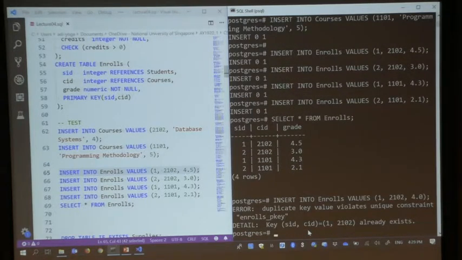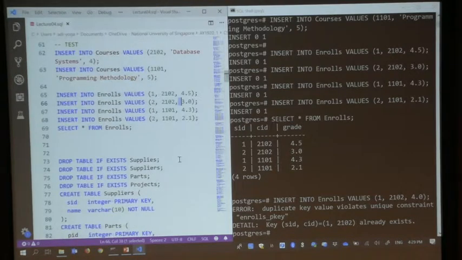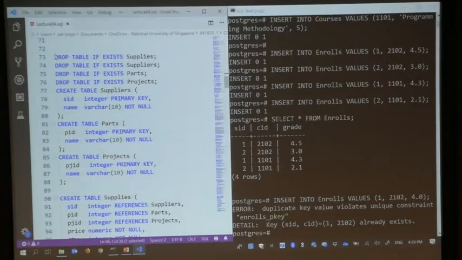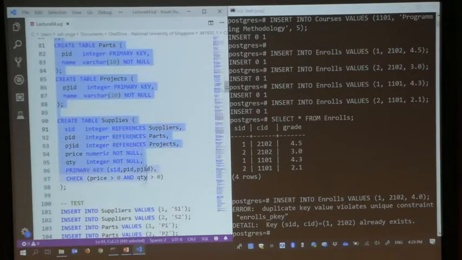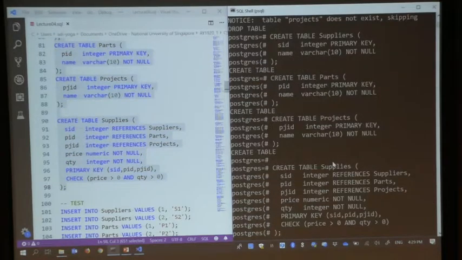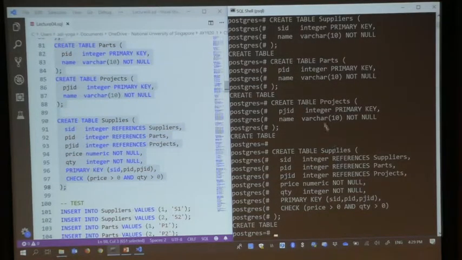Okay? So that's question number 3, which is, can the pair exist more than once? So the answer is no. And this is the same again for the multiple arity. So this is the ternary relationship.